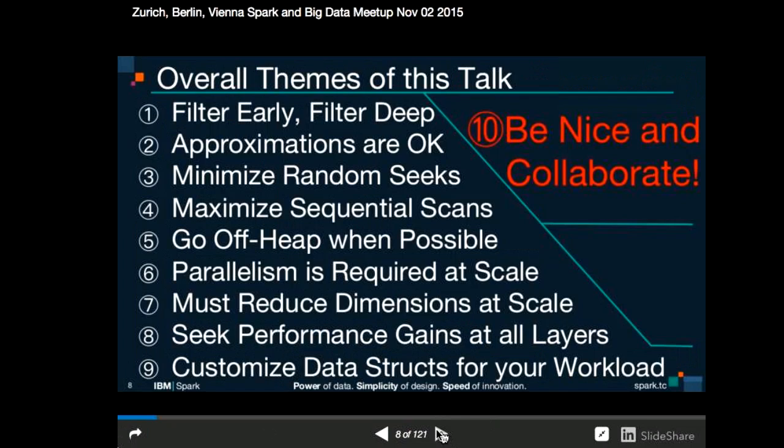So go off heap when possible. Tungsten by default isn't going off heap. It's using byte buffers, but they're all still on heap. I think it's sort of an evolutionary thing right now. People can reason about how much memory they have, how much memory they're allocating. But once you flip that switch, which you can with Tungsten, you can say off heap equals true. Now you're separating your data from your